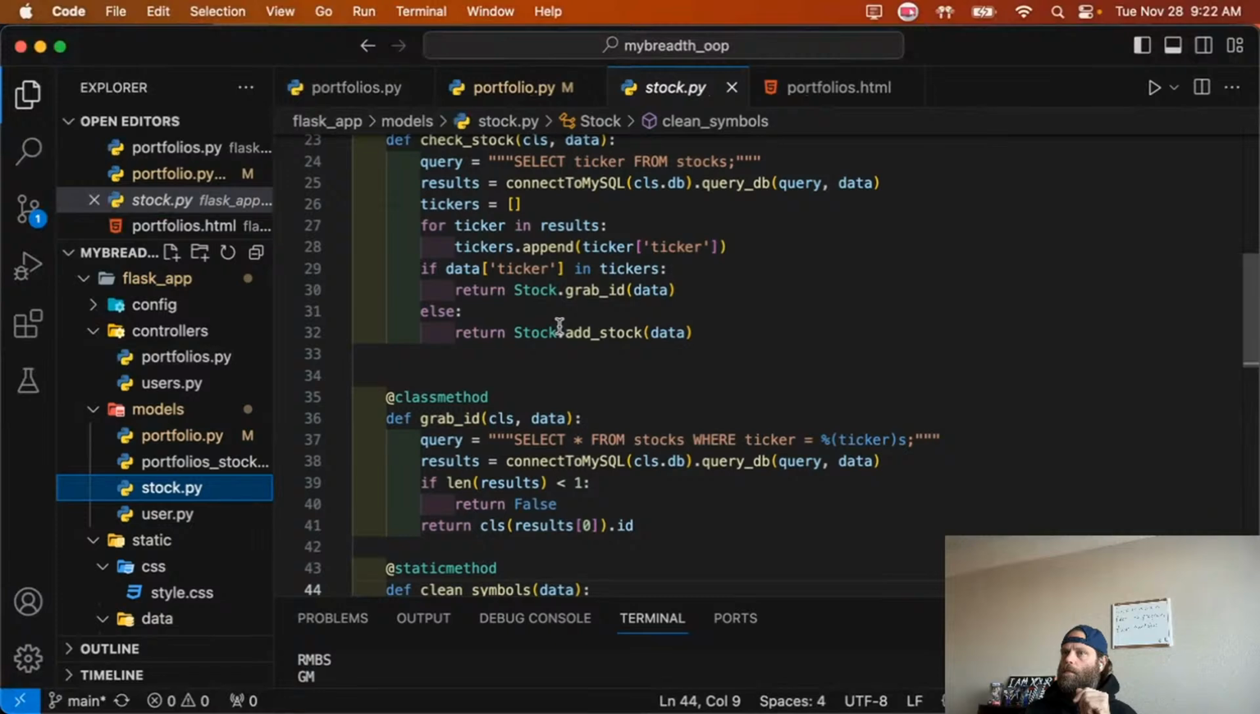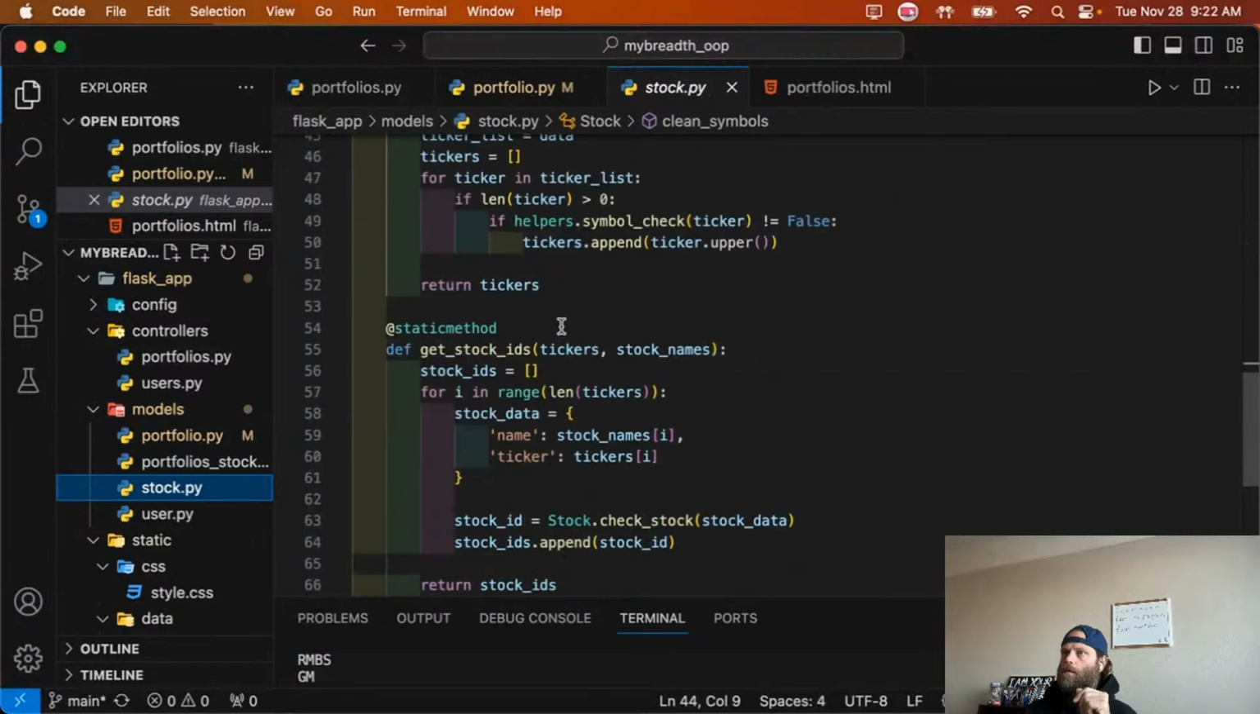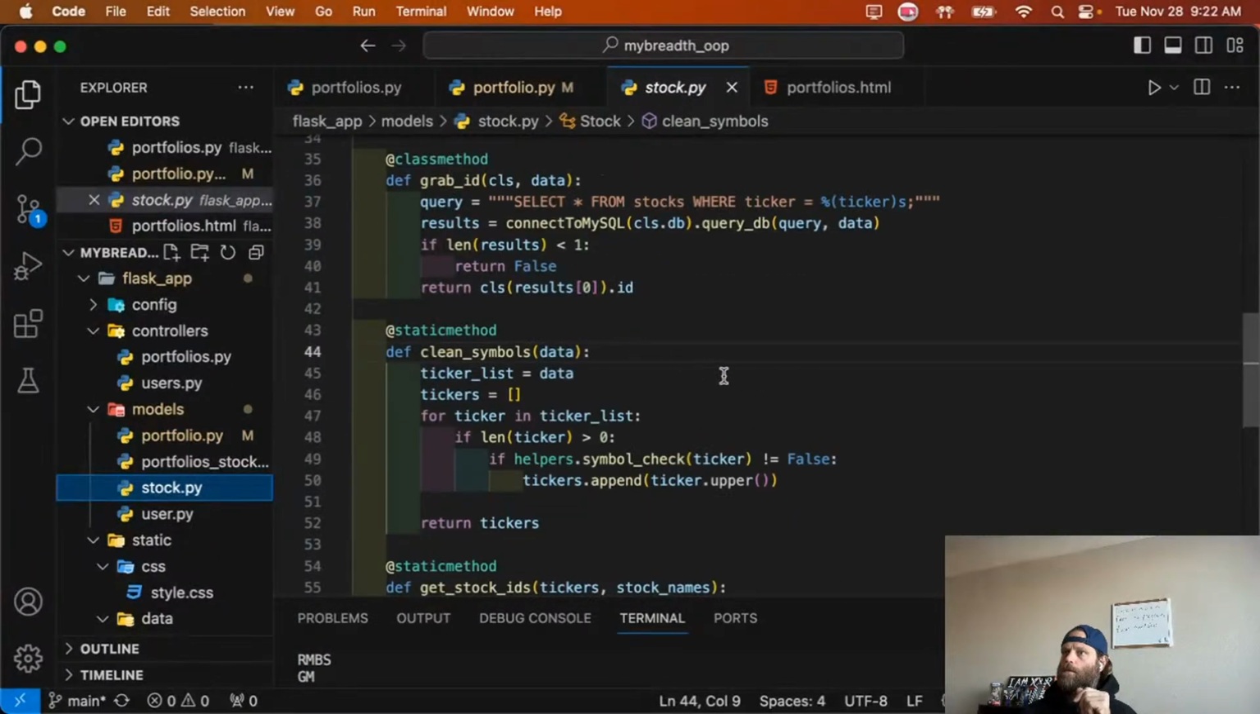So if we go to clean_symbols, we have the ticker list like we had before, and then we're going to make an empty list of tickers, for ticker in ticker_list. We're going to make sure it's not empty because the form is returning a whole list of up to 20 stocks at a time, when they could only put 3 stocks in. They could put 1 stock in or whatever. And so you're going to have a bunch of empty ones, which will mess things up. So to get around that, we're just making sure the length of ticker is not 0 before we even send it to